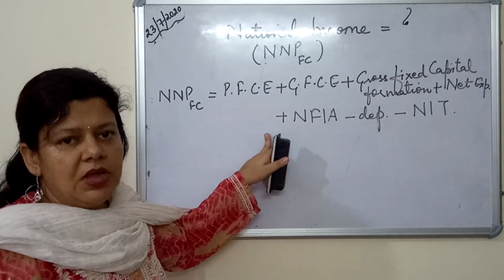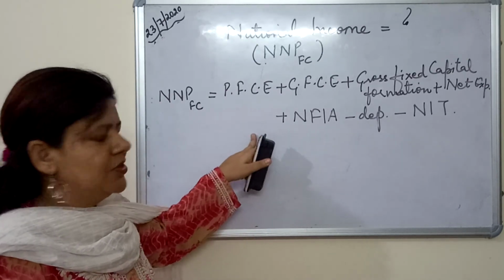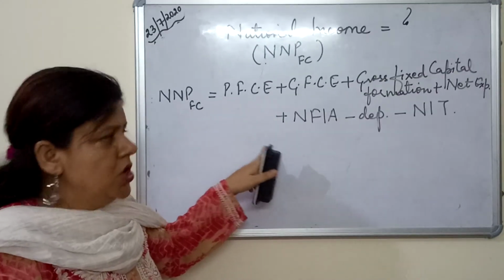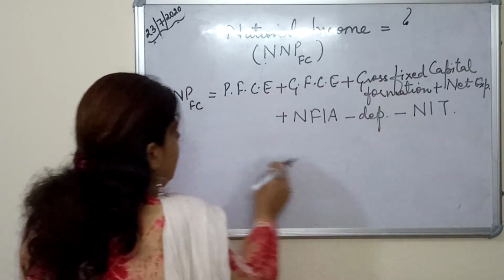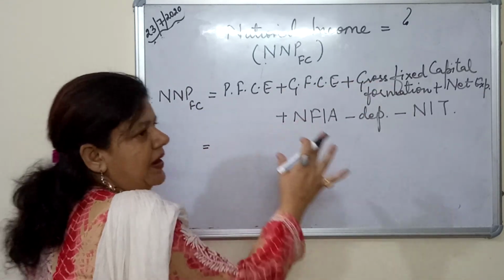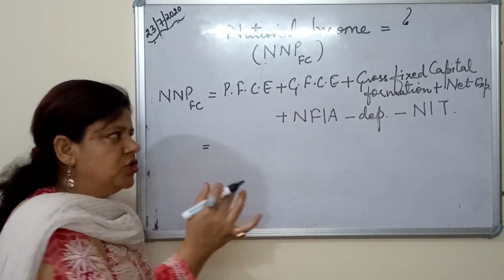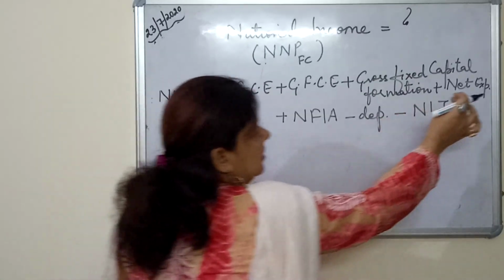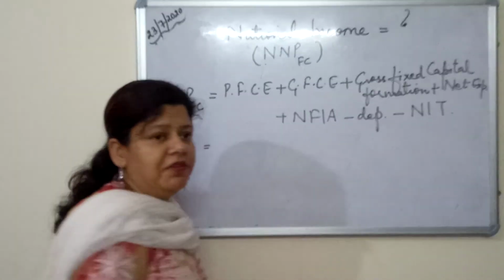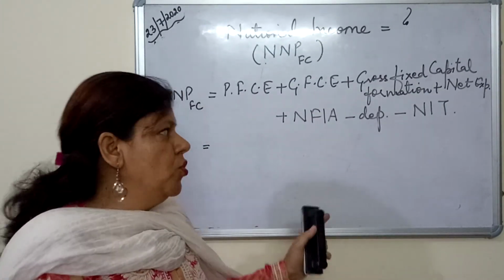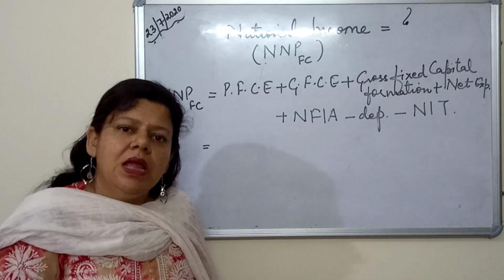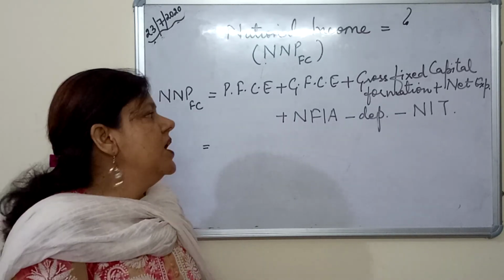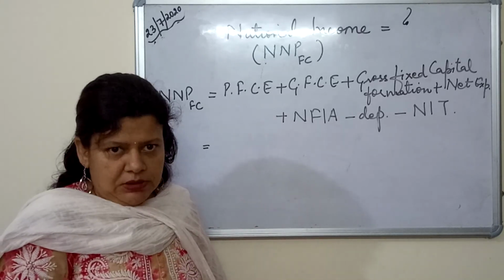I would be asking you the answer of this question, or in fact telling you the answer of this question. I have given you the formula, you just have to apply it in the question. Here one thing is more important: you are not given exports but you are given net imports. So you will be deducting those imports in place of adding the exports, because imports you have to deduct.